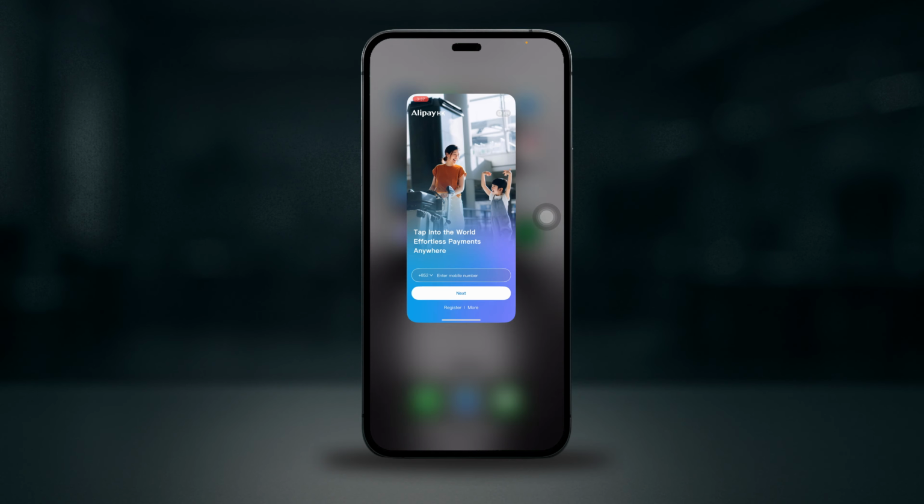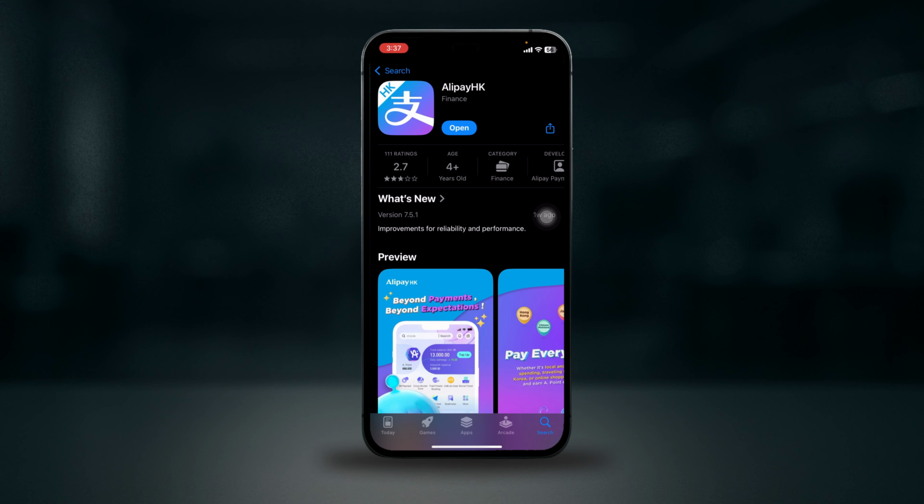Also, head over to your App Store or your Play Store, search for AlipayHK and make sure that the app is updated to the latest version. Then, if the problem continues, contact AlipayHK support for their instructions. That's how you fix the AlipayHK